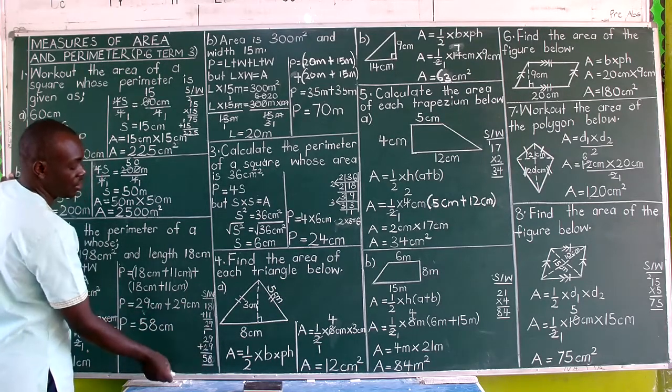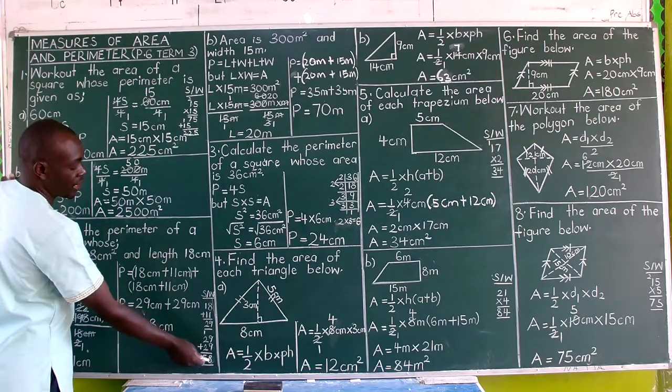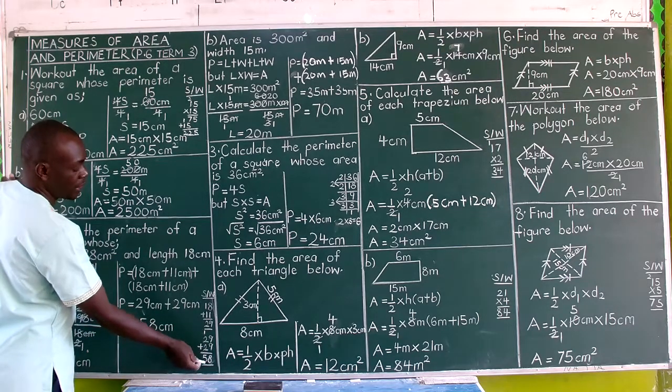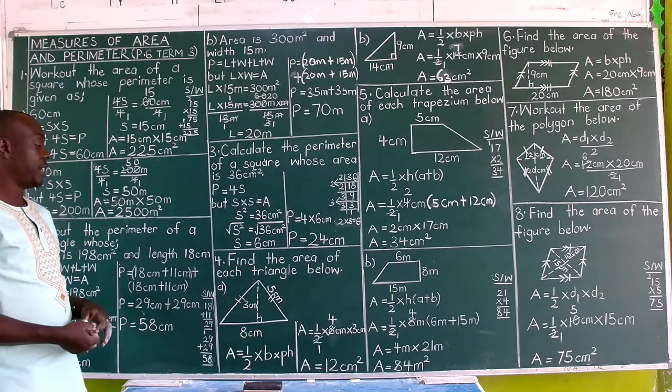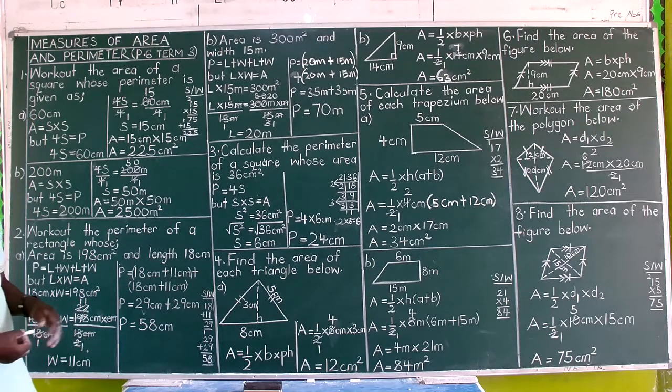9 plus 9 is 18. Regroup 1. When you write 8, 1 plus 2 plus 2 you get 5. So the distance around this rectangle, whose area and length are given, is 58 centimeters. So perimeter is 58 centimeters. All in all, you first use the area given to find what is missing, the width, and after getting it, you add around that given polygon called a rectangle.